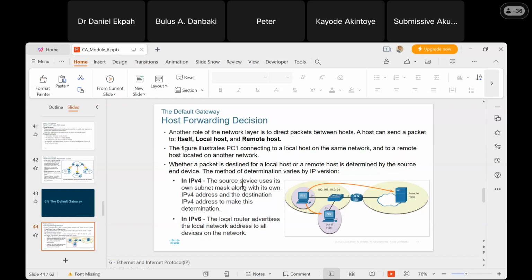But for IPv6, the local router advertises the local network addresses to all the devices on the network. That's a way in which it can be sent through IPv6. But for IPv4, like we said, the source device uses its own subnet mask. Like I said, every IP address has a subnet mask, along with its own IPv4 address and that of the destination to make a decision of forwarding